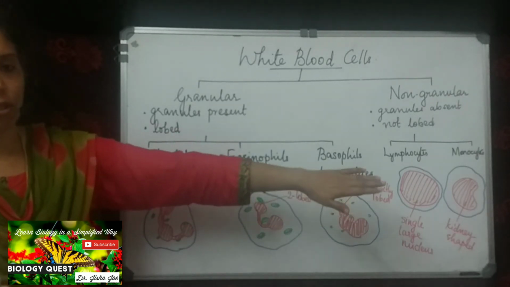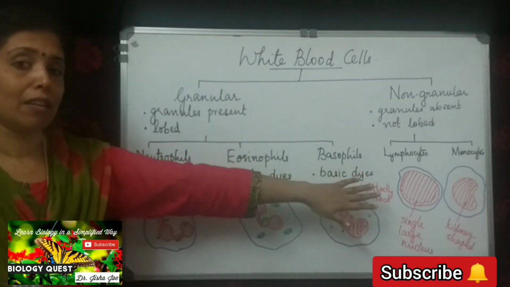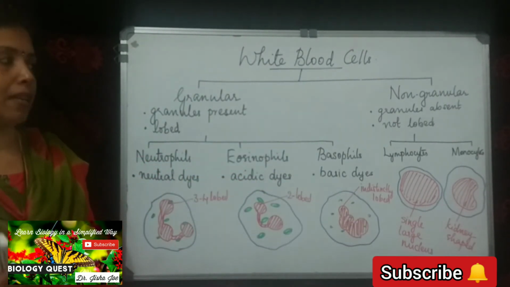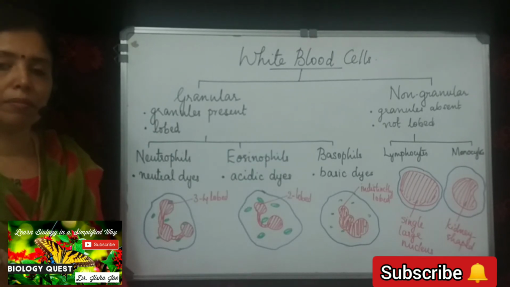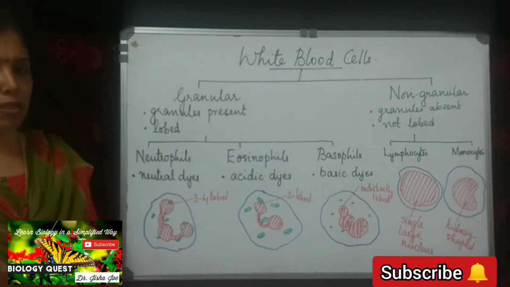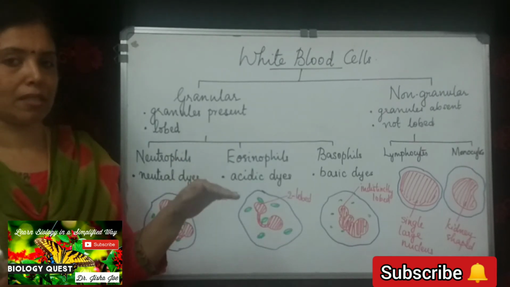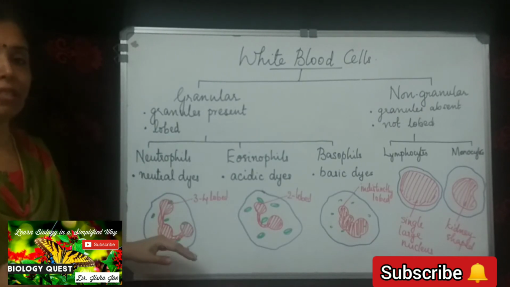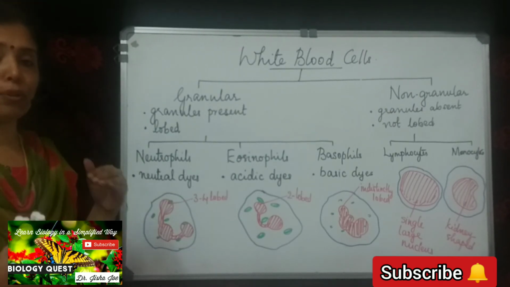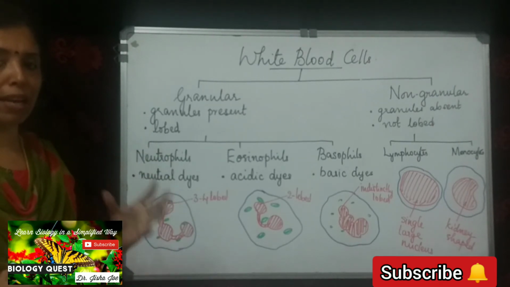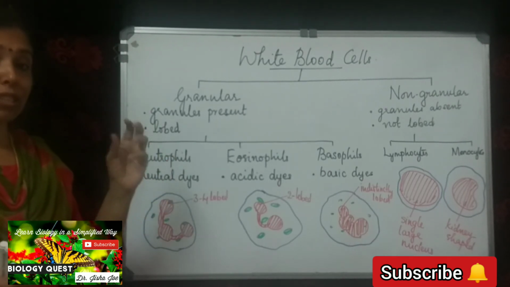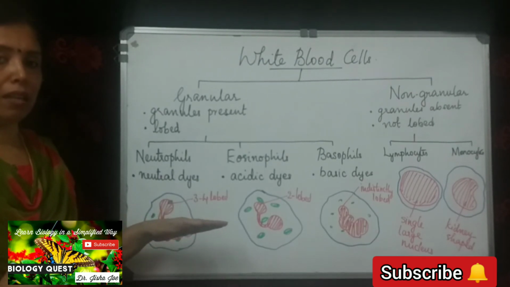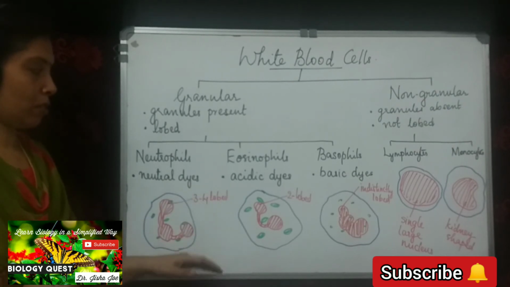Now moving on to the lymphocytes, you can see lymphocytes are involved in the production of antibodies, and monocytes, again, are concerned with the process of engulfing the disease-causing germ. So once again, I am just concluding with the functions, coming to the neutrophils. The function of the neutrophils is to undergo phagocytosis, that is, the engulfing or ingestion of the disease-causing germ is normally done by the neutrophils. They perform diapedesis and phagocytosis.